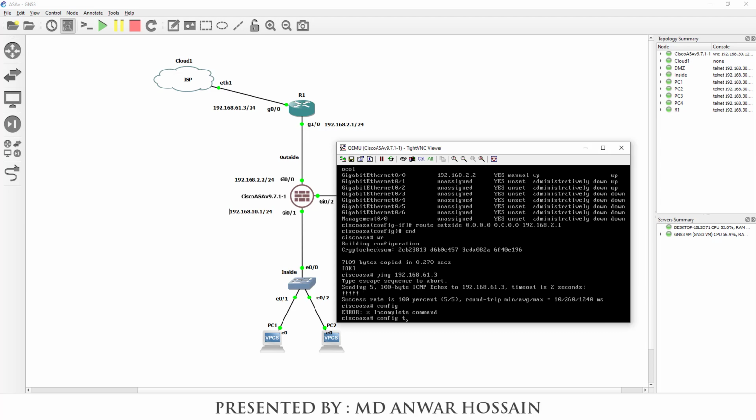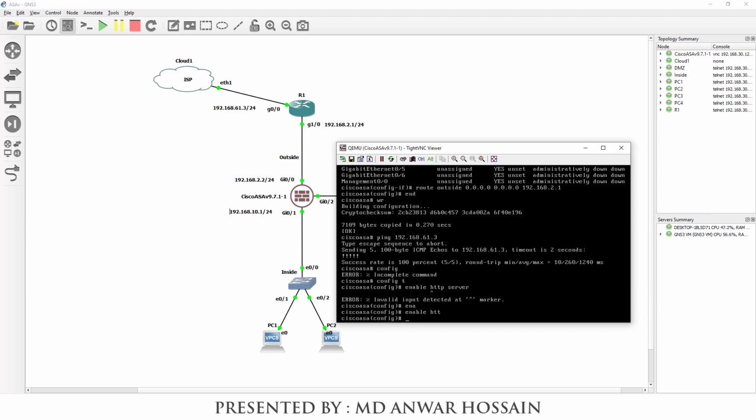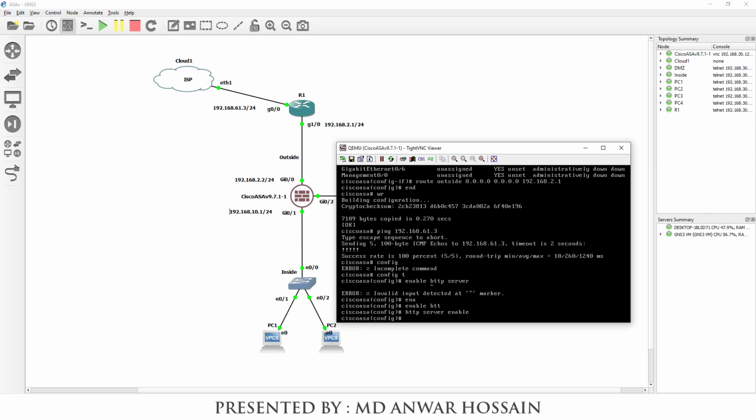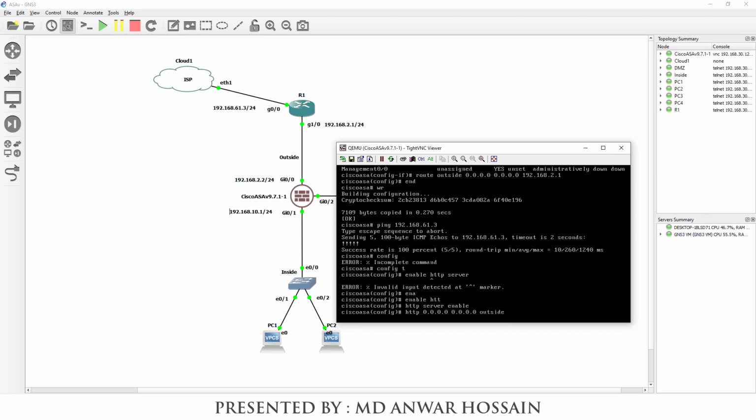Let's enable HTTP. HTTP server enable. HTTP 0.0.0.0 0.0.0.0 outside. Let's create a username and password.